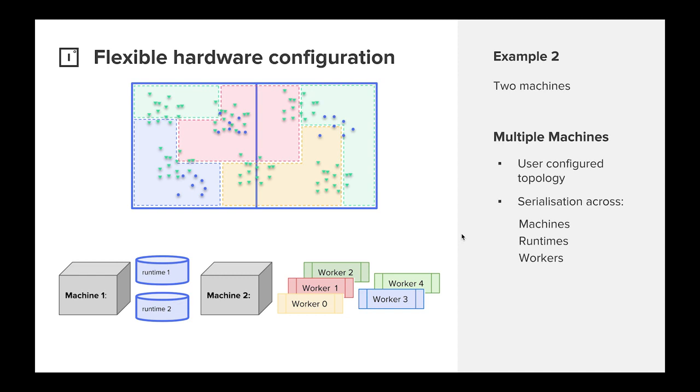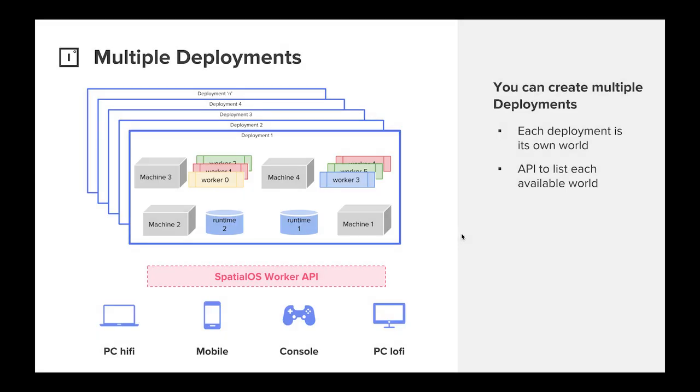So everything in Improbable is distributed, including our node layouts. The concept of a deployment is a new concept. Some people call it an instance or a game world. For us, it's difficult because there are lots of terms conflated within a deployment. A deployment on SpatialOS is backed by multiple instances of your game engine, as well as multiple machines. So we're not just talking about a server anymore. We're talking about potentially dozens, if not hundreds of servers working together. So I like to think of a deployment as a game world. It is a world that exists in the cloud.